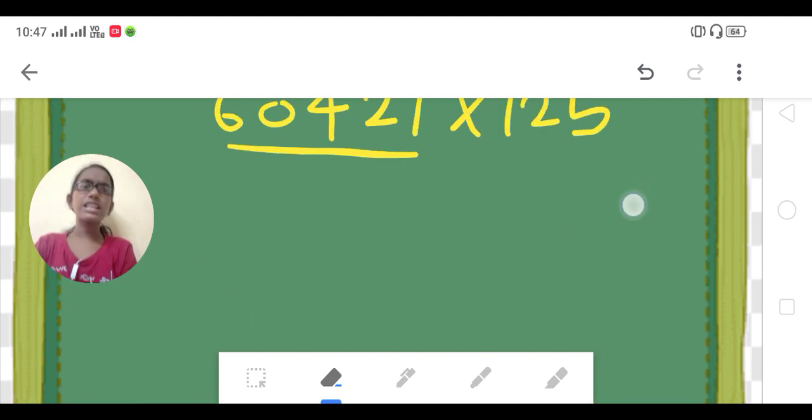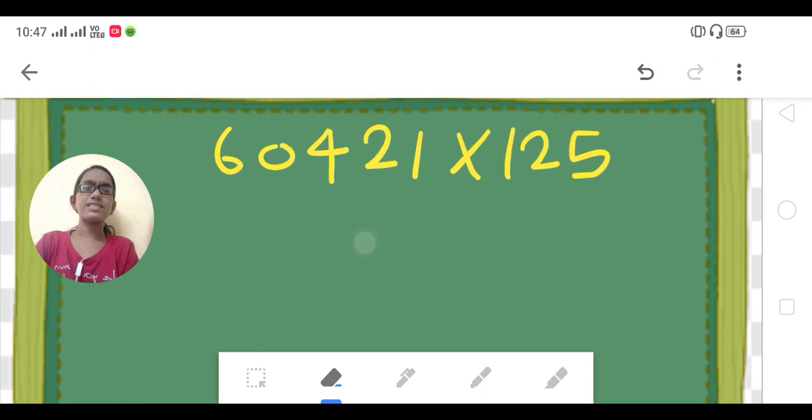Wasn't this very easy? Yes, this was very easy. You can multiply any number with 125. That is the reason you can multiply any number with 625 as well. If you can multiply any number with 25, then you can multiply any number with 125 as well. So, moving on, let's take the same example for 625. Now let's multiply this with 625.